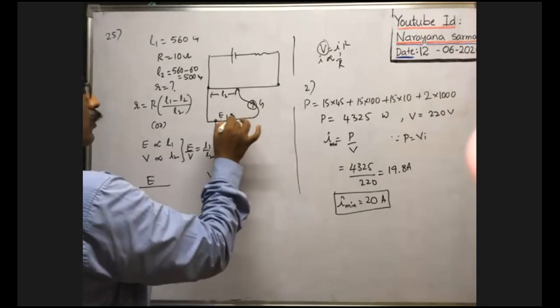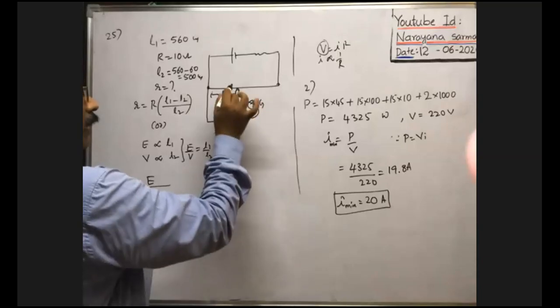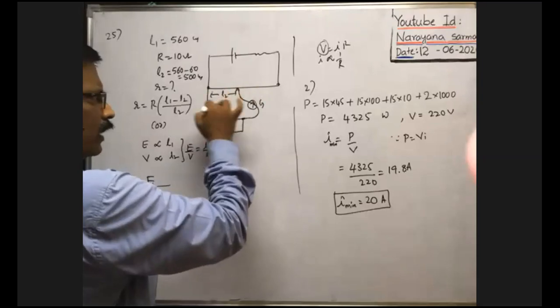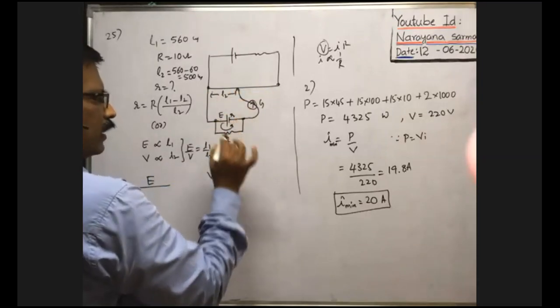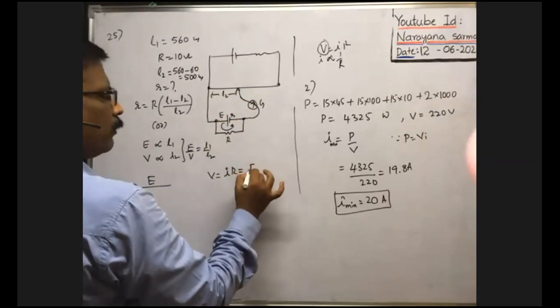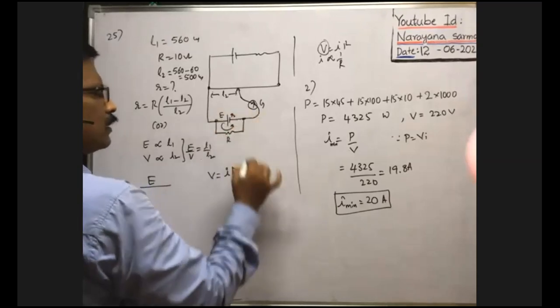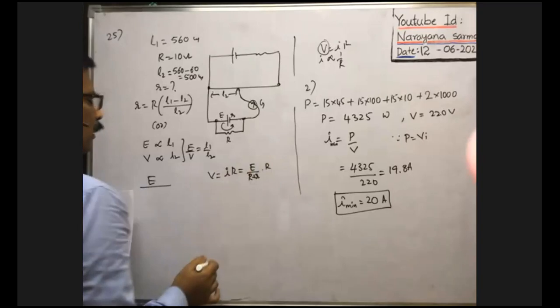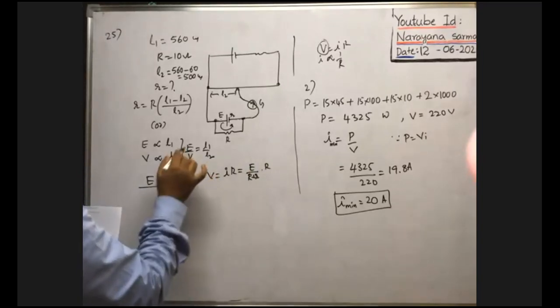Current passes only through this closed circuit, because whenever the balancing point is obtained, no external current passes through the other circuit. No current here. Only current will pass like this. So I means total EMF in the circuit by total resistance in the circuit, that is E by (R plus small r), into R. So from this, E by V is equal to